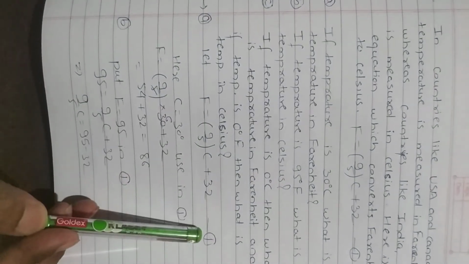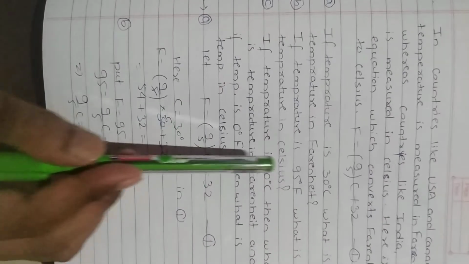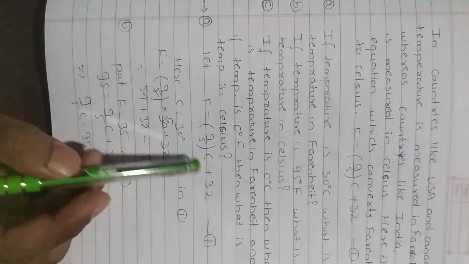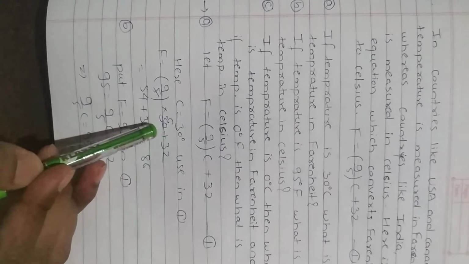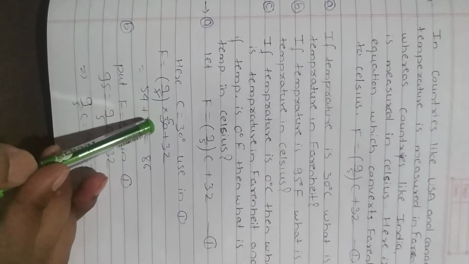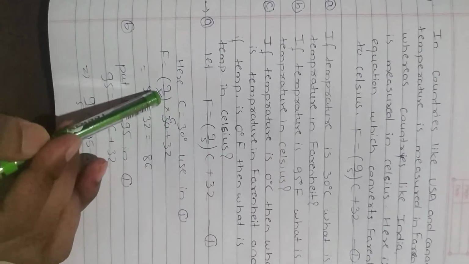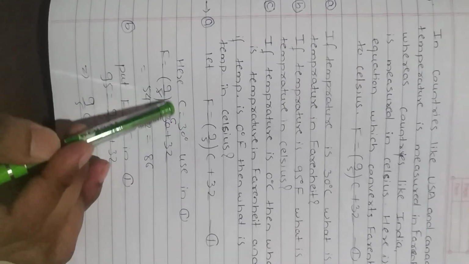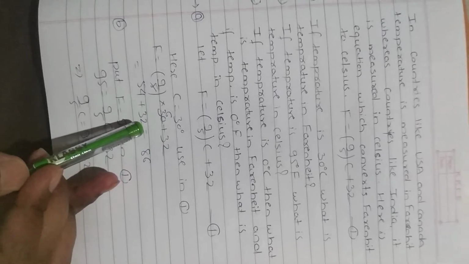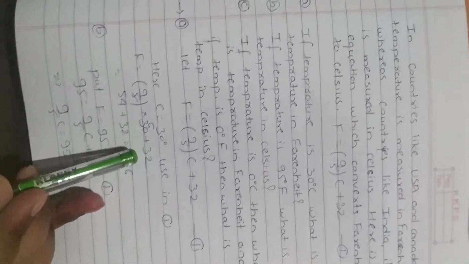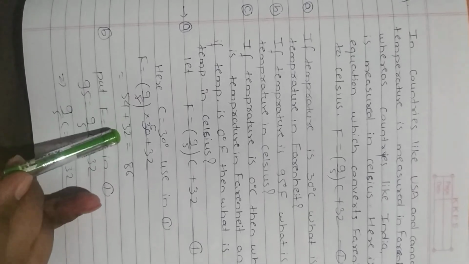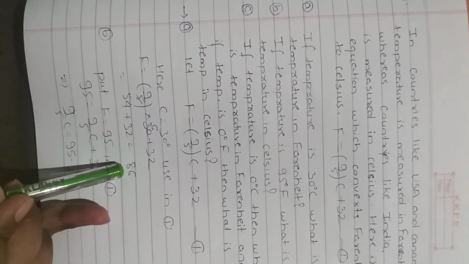So we have the conversion factor. Let us call this equation 1. Now when C is 30, the temperature is given in Celsius. Instead of C we are using 30 here, so we have to convert this into Fahrenheit, right? So if we simplify this, 5 into 6 is 30, so it is 9 into 6, that becomes 54, plus 32. So this becomes 54 plus 32, it is 86.